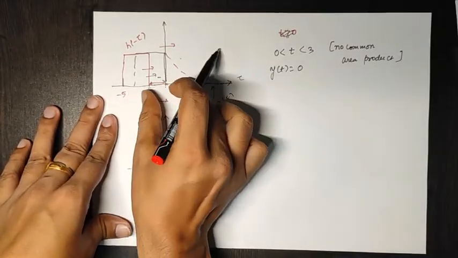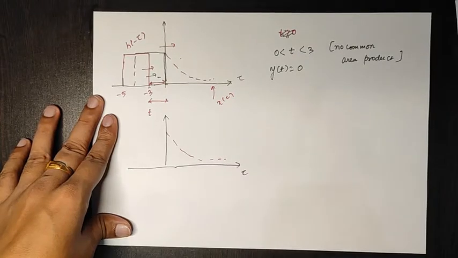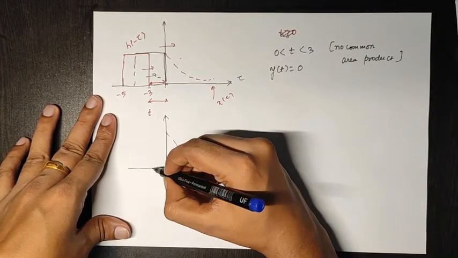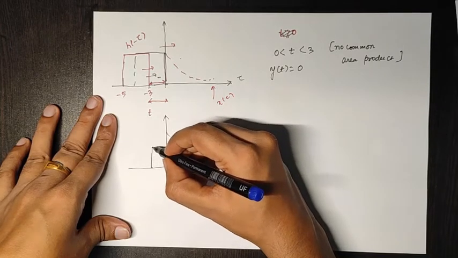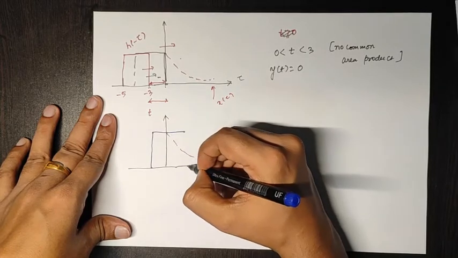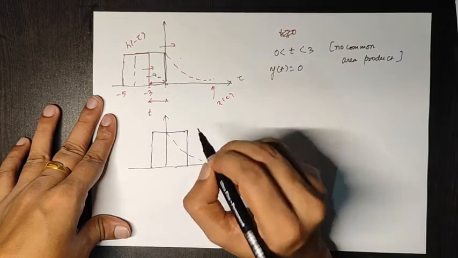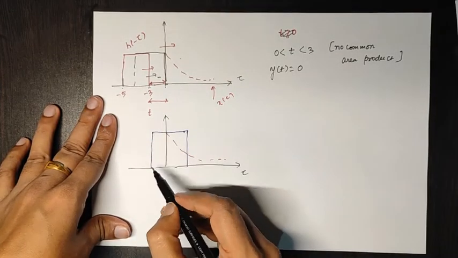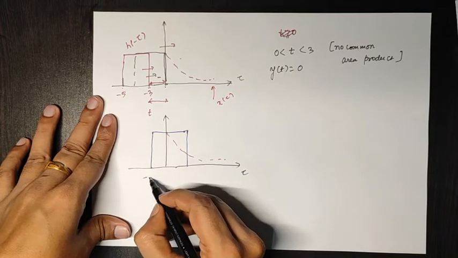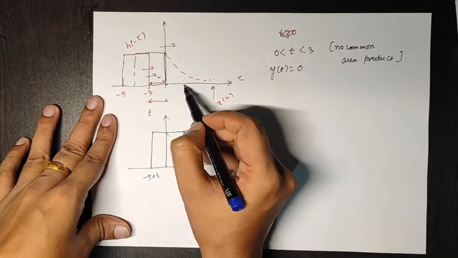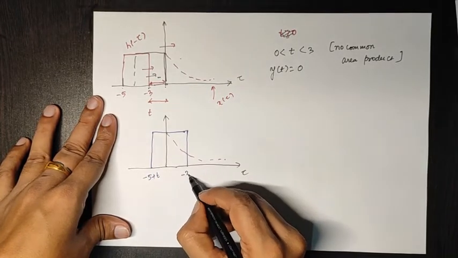Now once again shift it a little bit further. What do we find? Let's do the blue pen. A little bit of shifting. Right, so this -5 is shifted a little bit further. That's why it will be -5 plus t units, and this -3 is shifted further, so this will be -3 plus t,